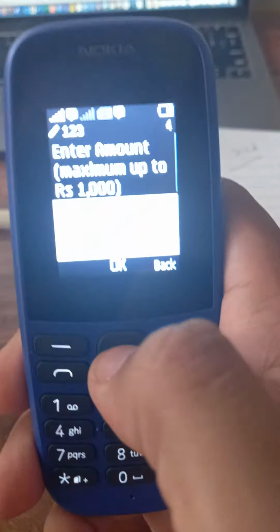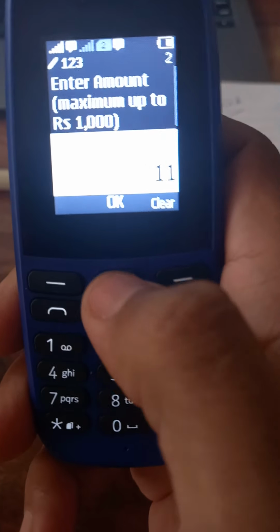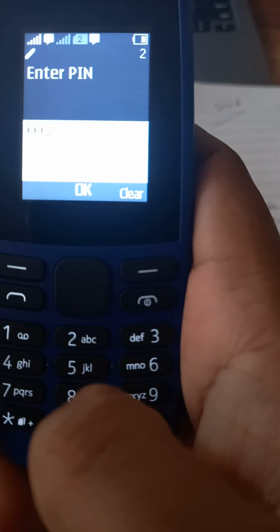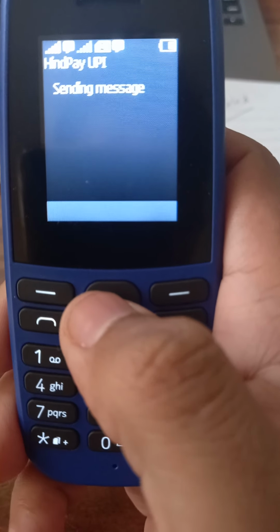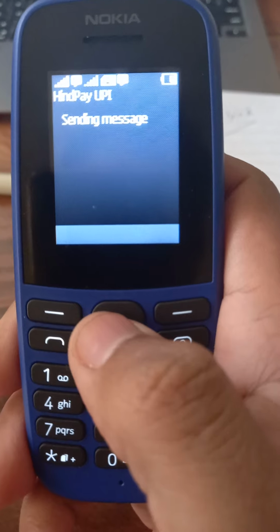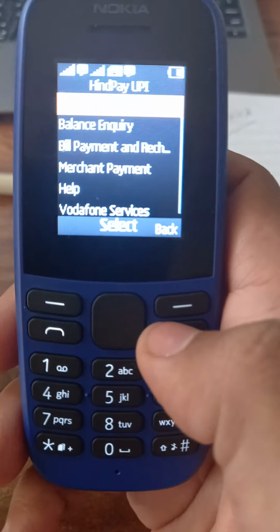Now after validation, I have to enter the amount. I am transferring 11 rupees. Then the UPI pin. Yeah, so the request is sent from the phone.